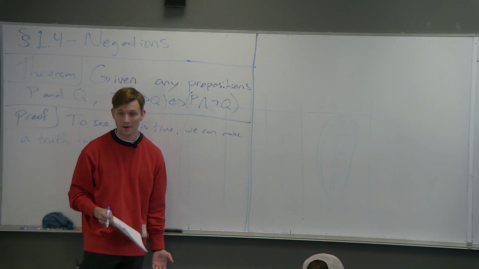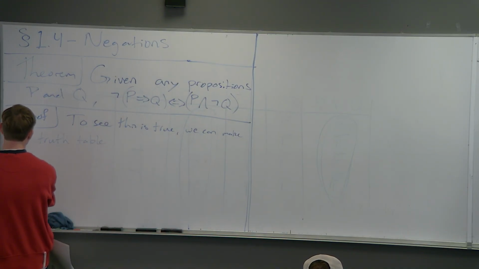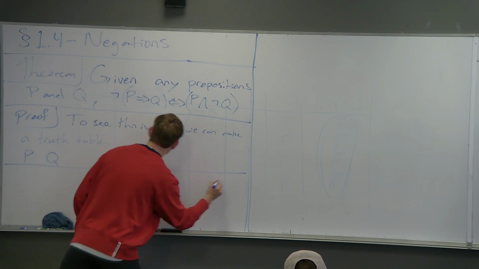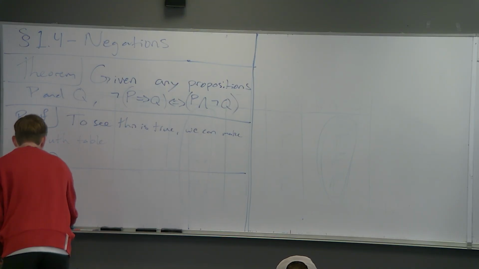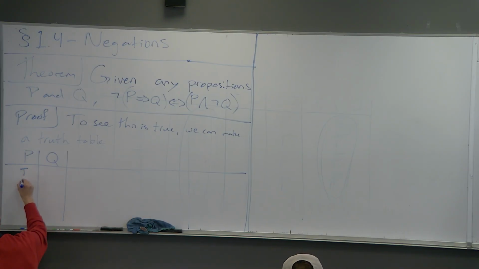Probably the most coherent way to do this in a table is to start out, every time, with your P and your Q. And now we're going to go across and keep adding columns until we fill everything up. And hopefully this is super visible. True, true, false, false, true, false, true, false. And now what we're